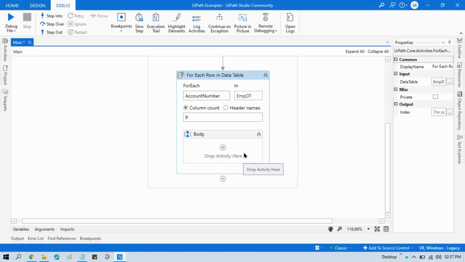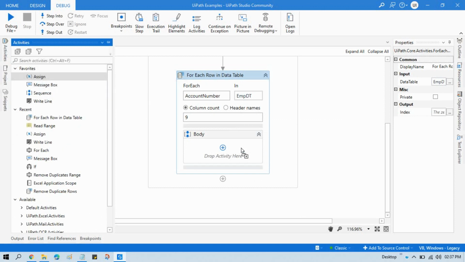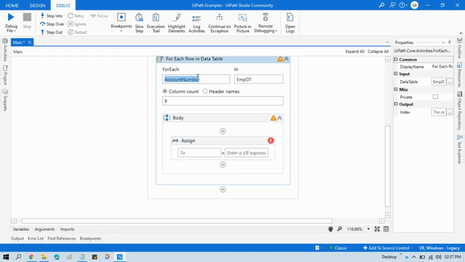Now here in the body, let's take one assign activity, and here what we can do is try to convert whatever number we are getting to integer. If you are able to convert, it means that it is an integer. If not, it means that it is not an integer.